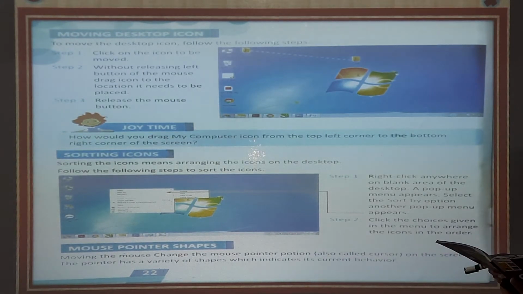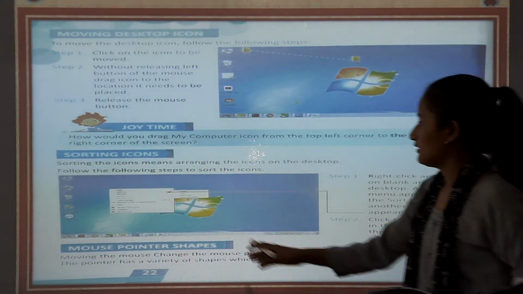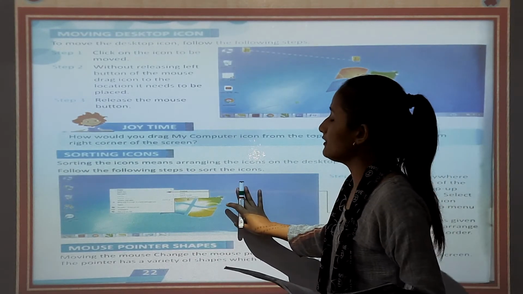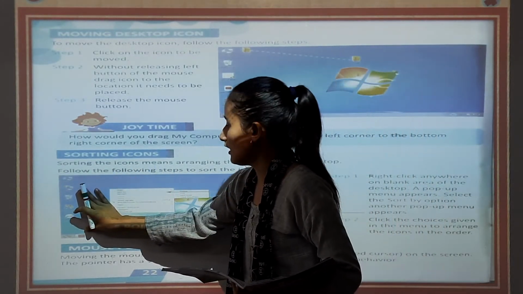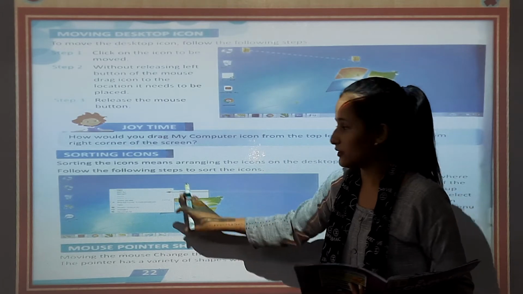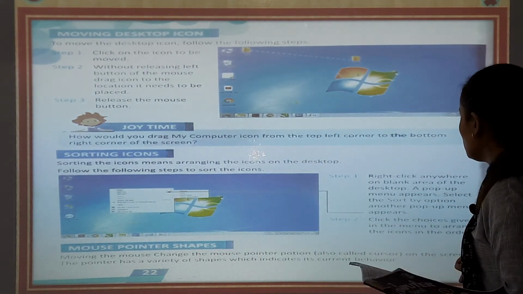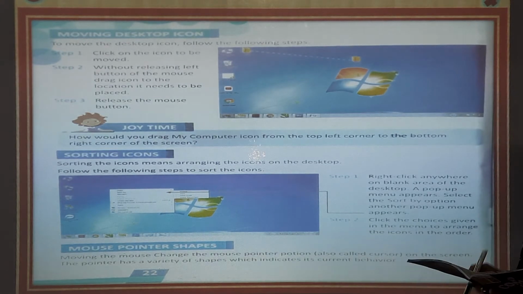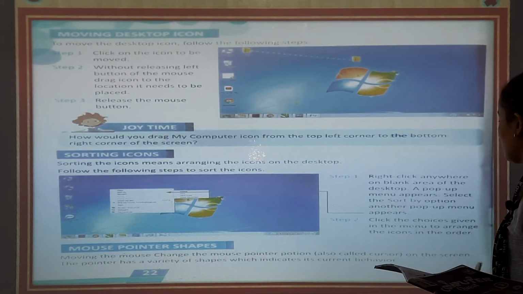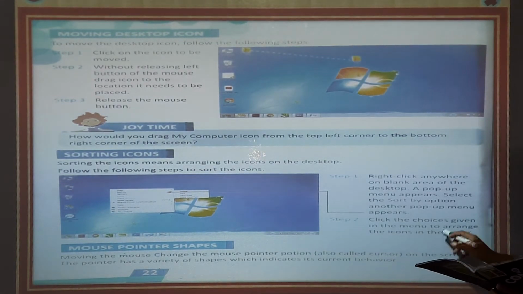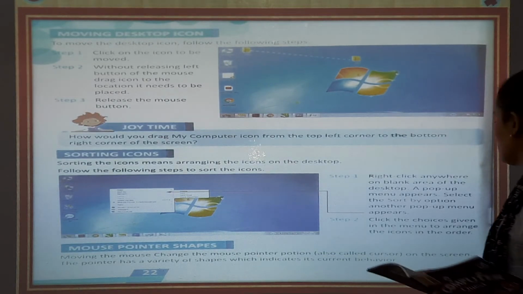Select the sort by option. When you click the right button, some options will appear. You can see the options also. Now step 2, click the choices given in the menu to arrange the icons in order.